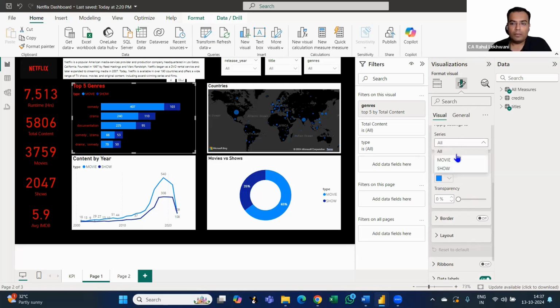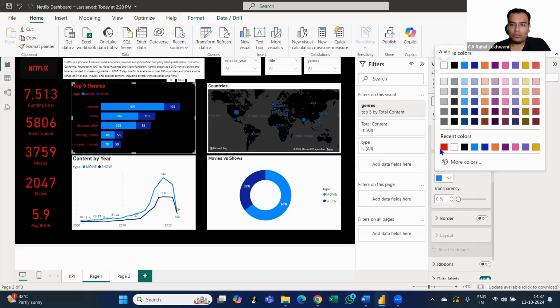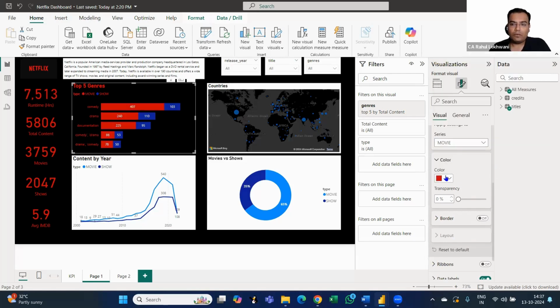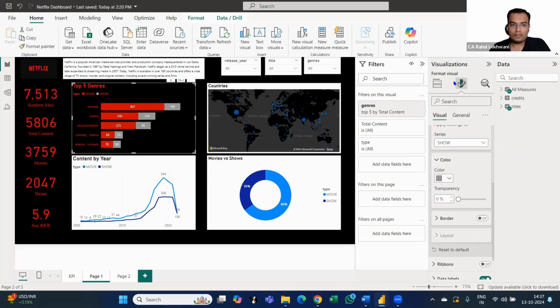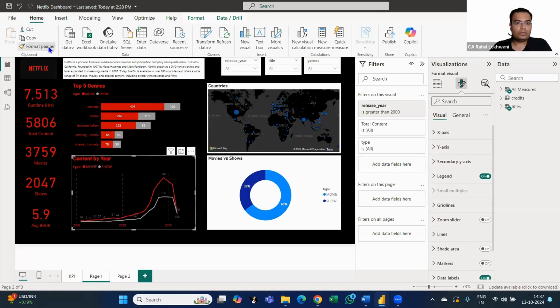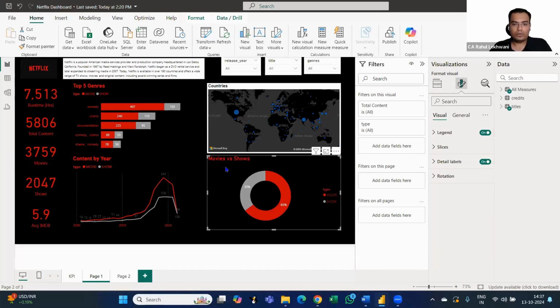So for movies, I'm going to use red. And for shows, I'm going to use maybe white. Or maybe let us just show something like this. Gray. Yeah, gray looks good. Right. In this way, I'm just going to copy this and paste it to another visuals. Okay. As you can see now, it